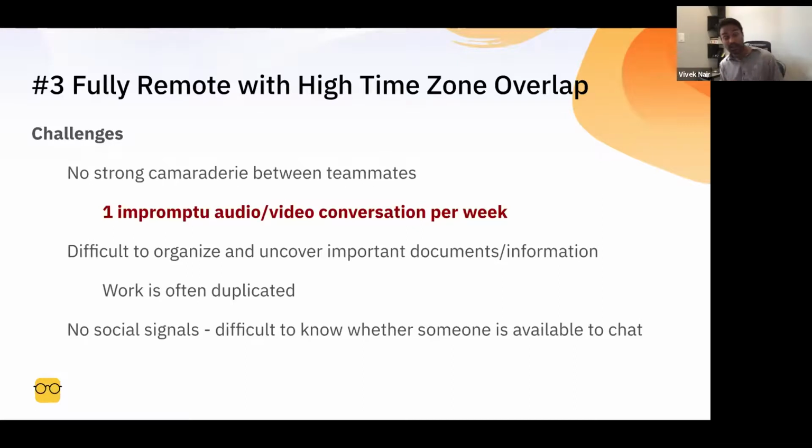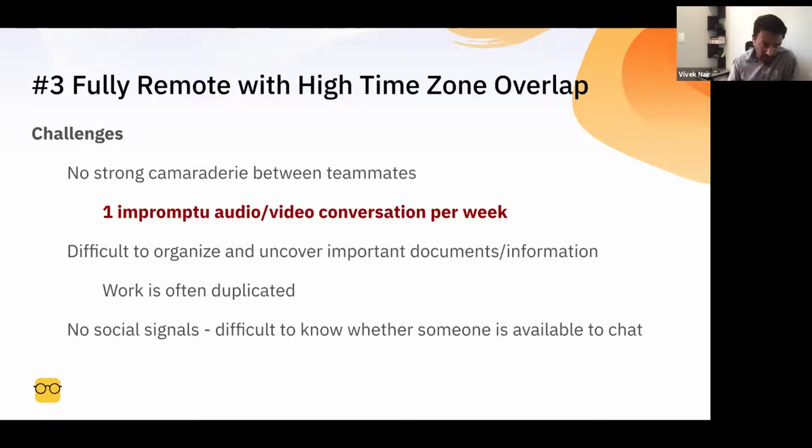which is crazy, thinking about how often impromptu conversations happen inside of a physical office space, whether you're getting coffee near the water cooler, or you're grabbing lunch with one of your coworkers. So what we see over and over again is that people aren't necessarily building up those bonds with their teammates over time.